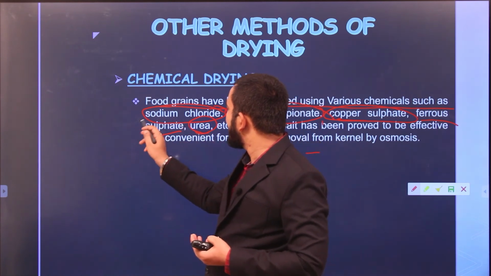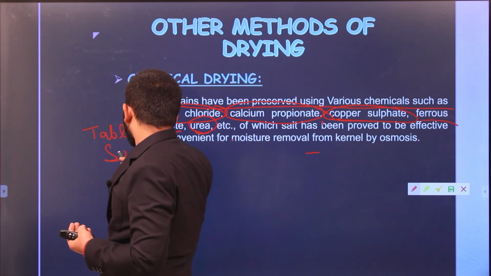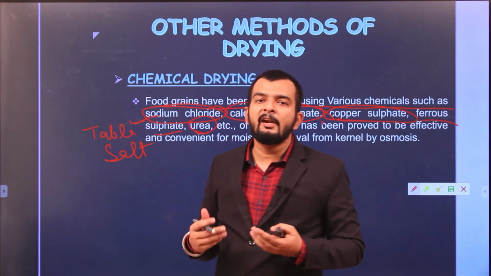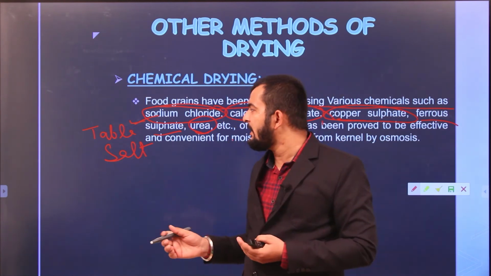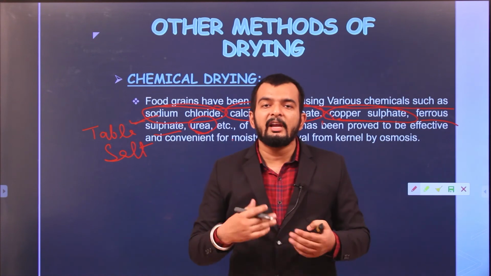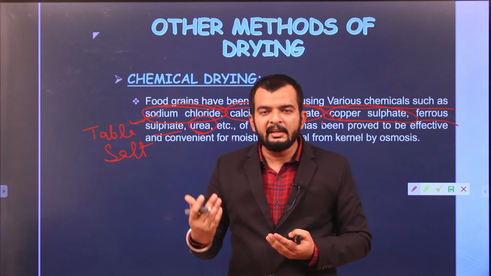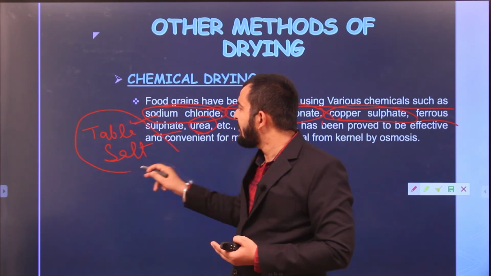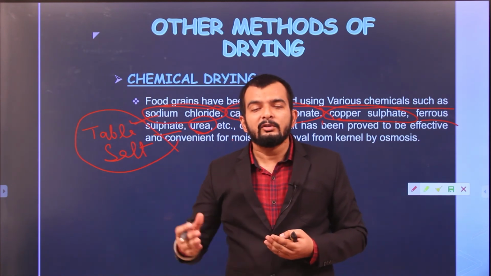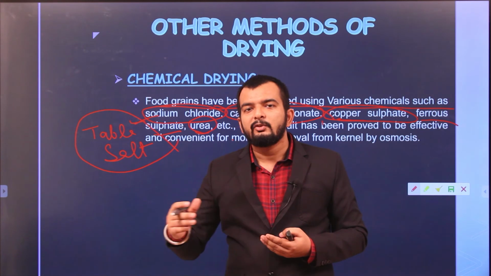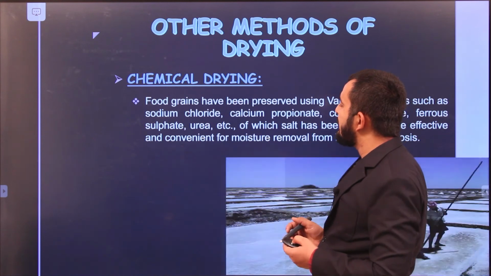Sodium chloride here is our table salt or the normal salt that we eat. You must have seen in home application also, you mix salt with certain substances to extend their shelf life, right? Why does that happen? Because shelf life can be extended if the moisture content of our product is low. The purpose and principle here are the same. Since the salt can absorb the moisture from the grains, the moisture content of the grains will decrease, right? So their shelf life will be extended. So this principle can be utilized for chemical drying, okay?